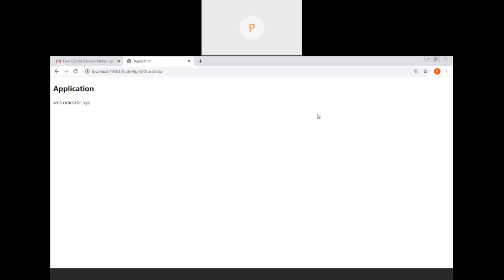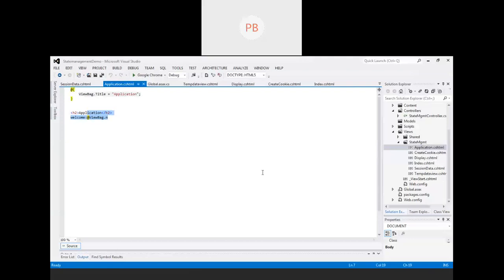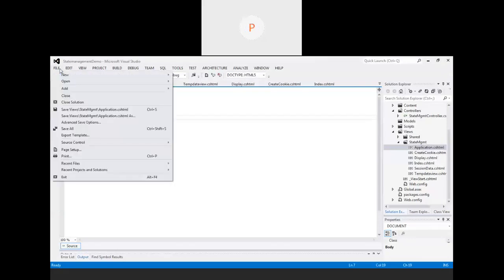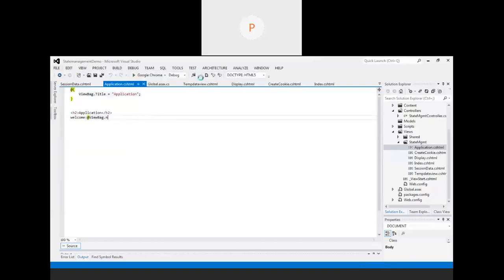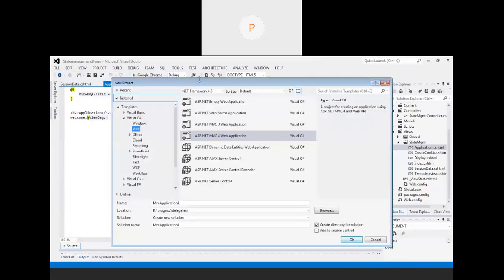Now here the state management module is completed. Along with that, now we have to learn the next thing. What if you want to implement session or ADO.NET code in an MVC project, and how can it be implemented? For that purpose, we will take a new project. I will take a simple registration example.